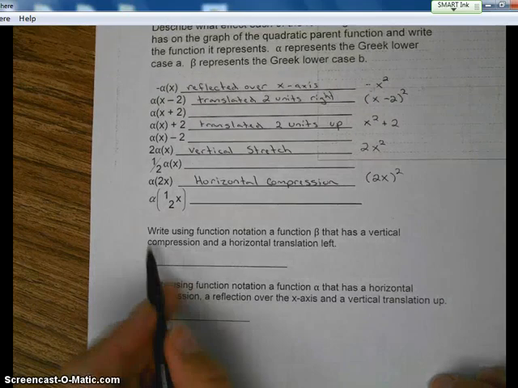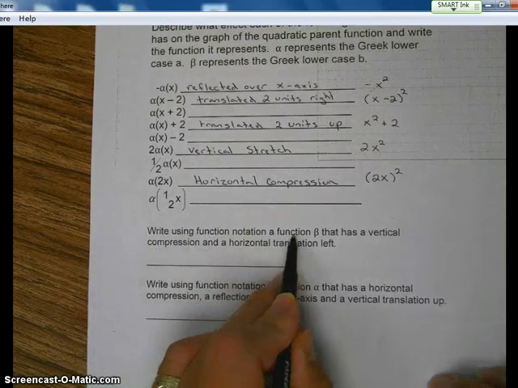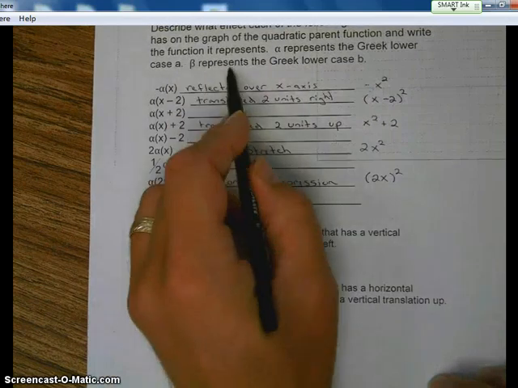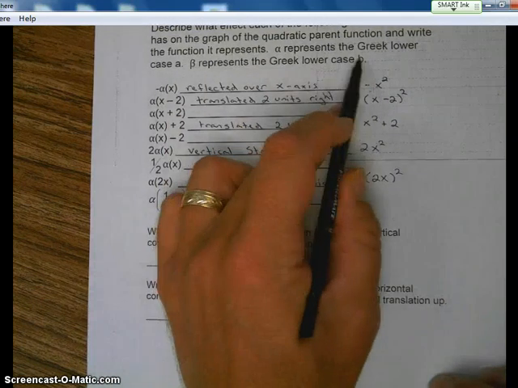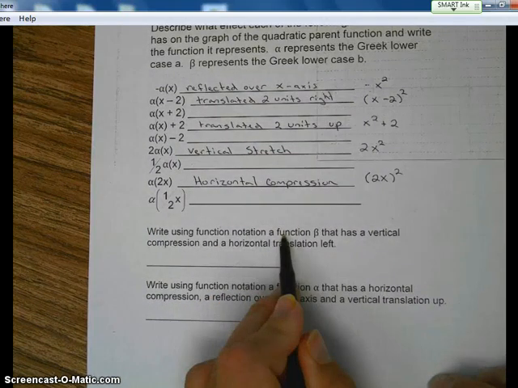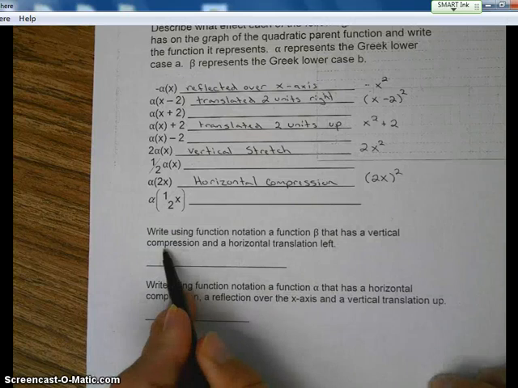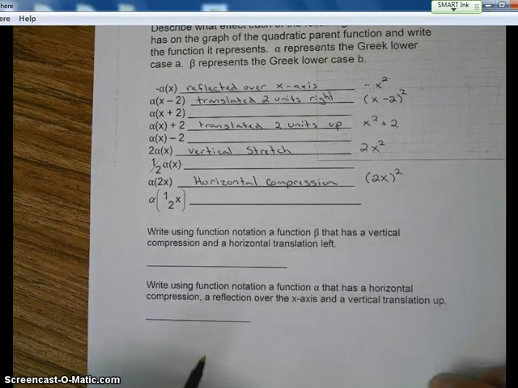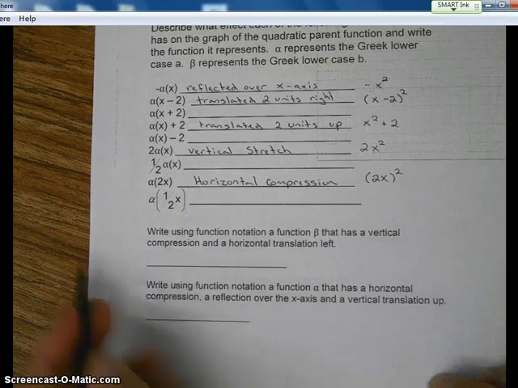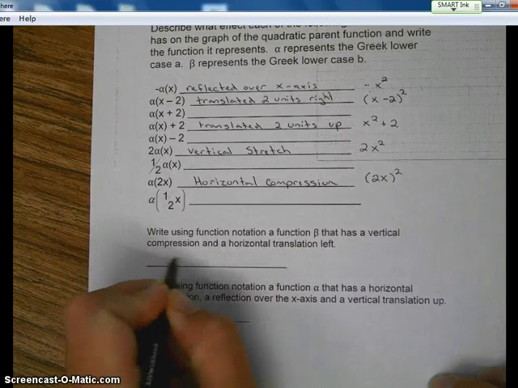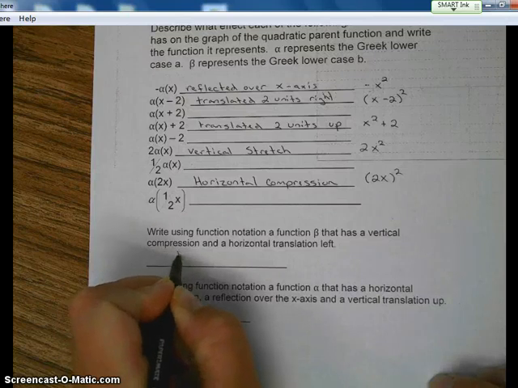Okay, write using function notation a function beta. Up here, beta represents the Greek lowercase b. So write using function notation a function beta that has a vertical compression and a horizontal translation left. So vertical compression, so we would need a number between 0 and 1. I'm going to do something different. I'm going to go ahead and do 1/7